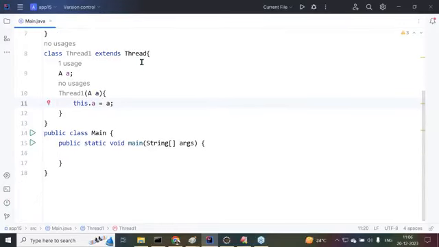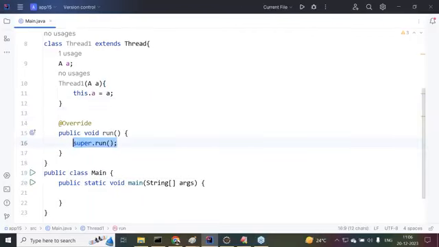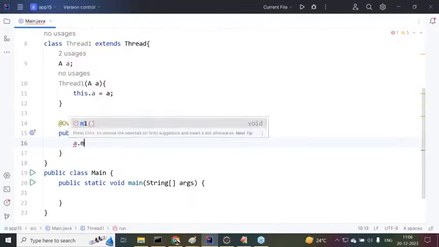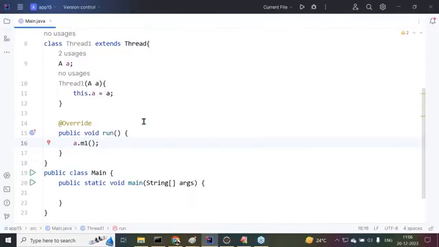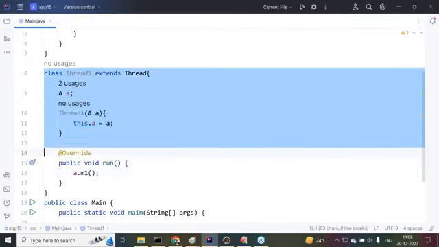Class Thread1 extends Thread, with a constructor taking a, this.a = a. Next is the run method. Inside this run method we call a.m1(). Thread1 is submitted to class A's m1 method.